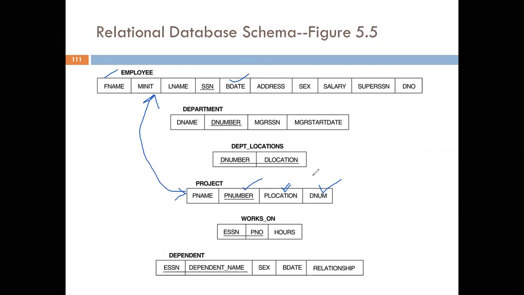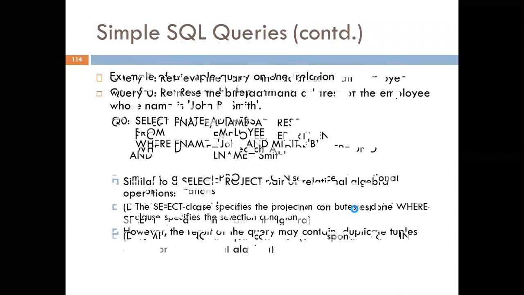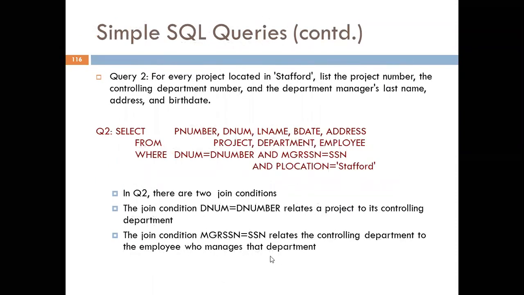So where we have the information that contains manager, that is present in the department table, that is manager SSN. So which means first we must link this department number with the department, and then based on the manager SSN, we can link it with the employee table. So all the 3 tables are required now.